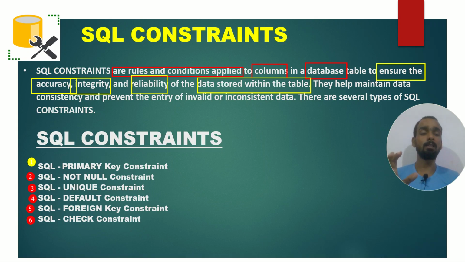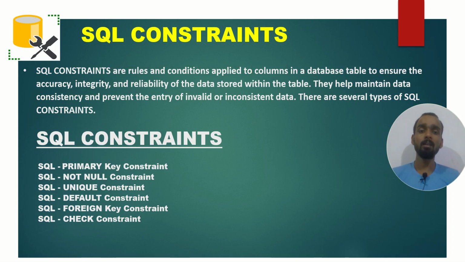I am hoping that till now you are clear what exactly a constraint is, where we use it, and why it is important. It maintains accuracy, integrity, and reliability in a table whenever we are creating any kind of table in a database. It takes care that the rule we define for a particular column is met. So let's get started with the primary key constraint, and in this entire video we will talk particularly about the primary key constraint only.